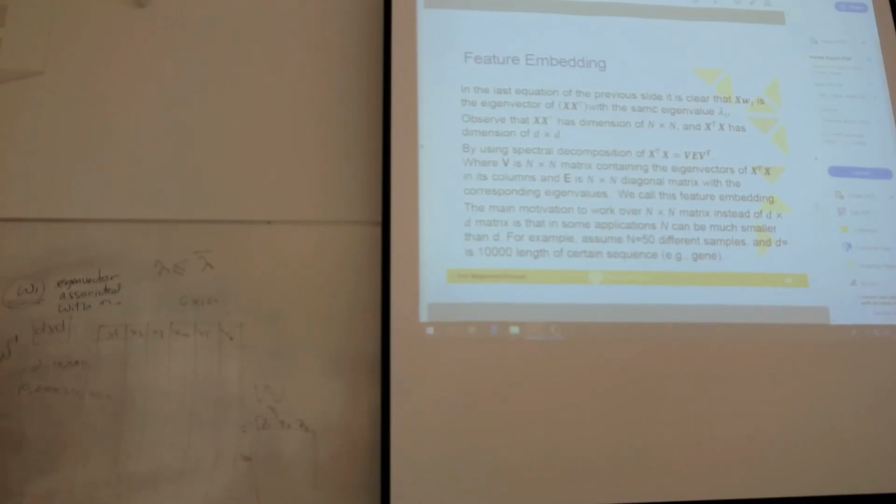It requires a lot of computation in order to find eigenvalues or eigenvectors. And sometimes the number n is only 50, for example. So it is better to work over n by n instead of working over D by D. So instead of computing the covariance of the data itself, we look at the covariance of the data transpose, and in that case we will have n by n. How to use them is shown here, which is also a simple extension of the same problem.